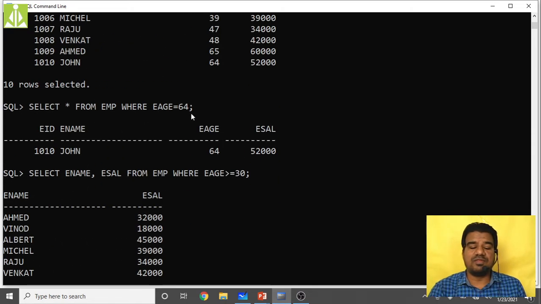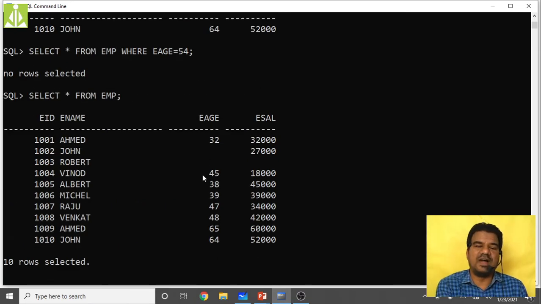So the values which you have not specified will not be considered in your filtering process. They are just kept aside. The same thing SQL is doing over here. It has kept those two, I mean John and Albert, aside whenever you are framing a query using that eAge thing, because we don't have any entries over there.